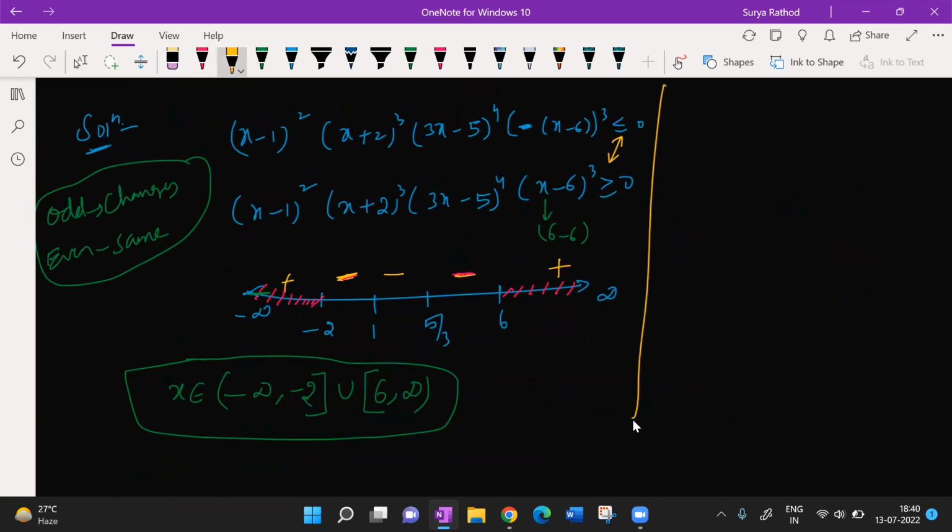Whenever the coefficient of x is negative, check the power. If it is even, no need to change. If it is odd, change it. You got my point? I'll give an example now. You have to answer me.